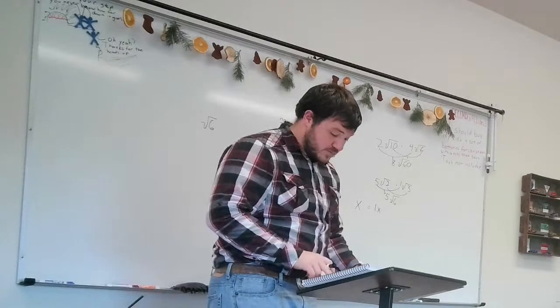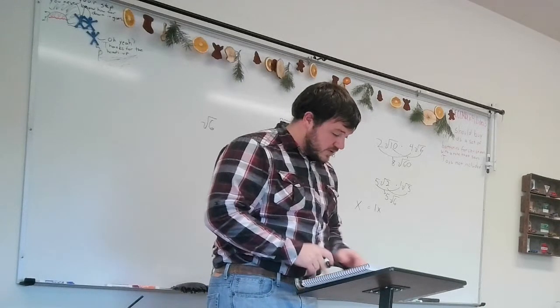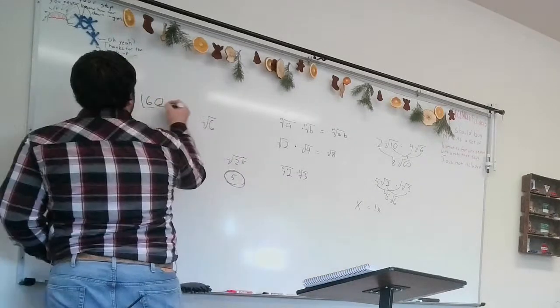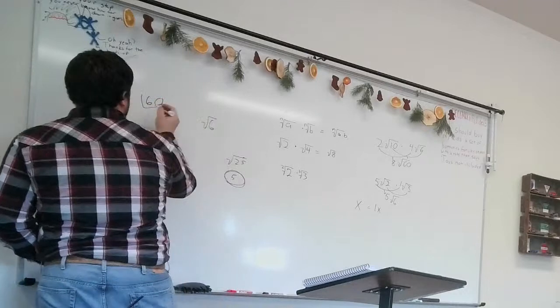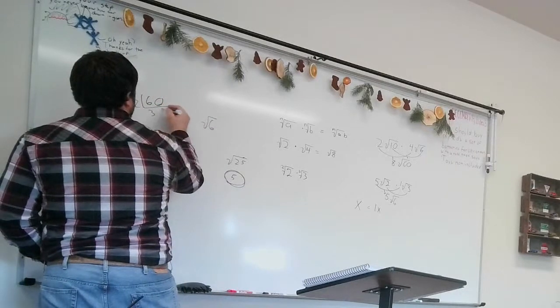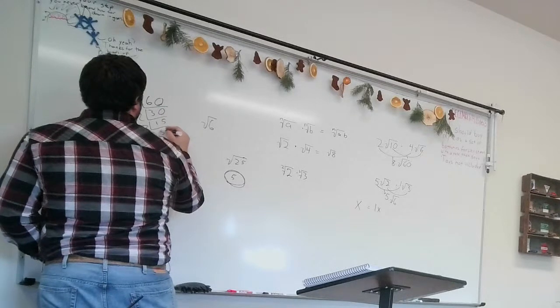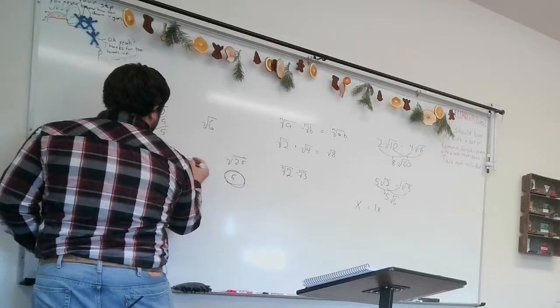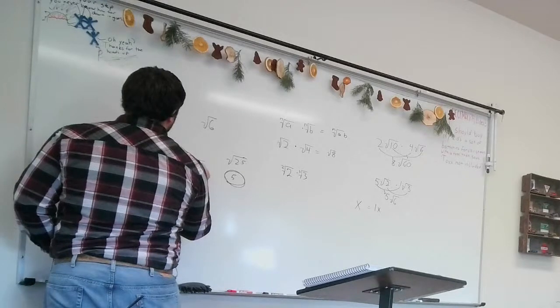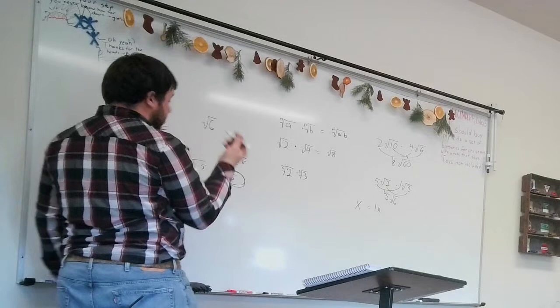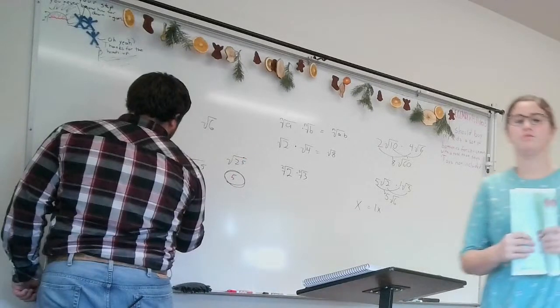So for number 3, they're factoring 60. They take 60 and factor the living daylights out of it to simplify it. So we get 2 and 30, 2 and 15, and 3 and 5. So the square root of 60 we'll write as 2 times the square root of 15. The 2 goes outside. 2 and 2 and 15 is how you would factor 60.